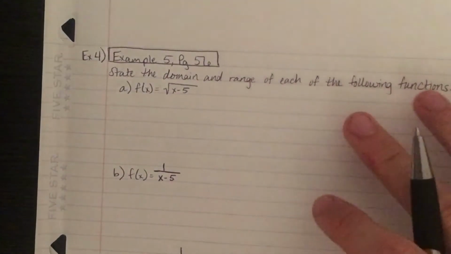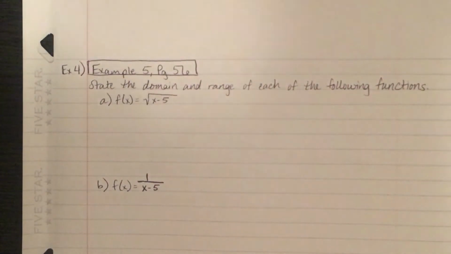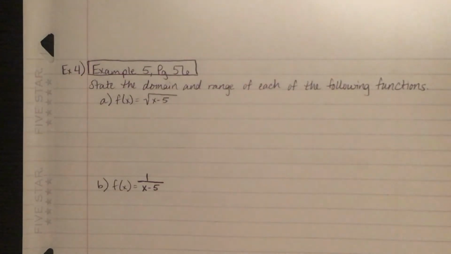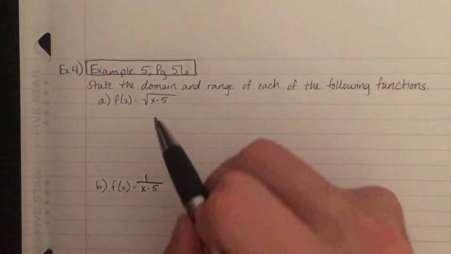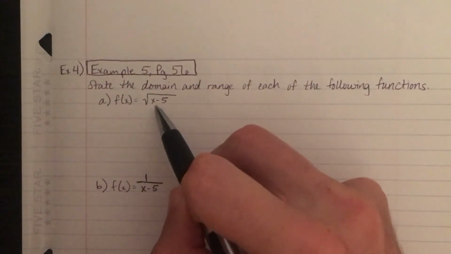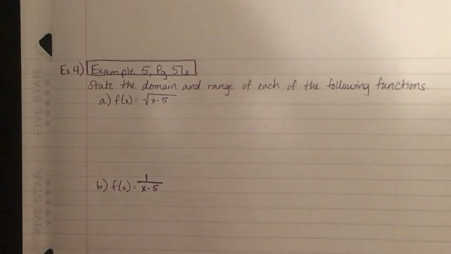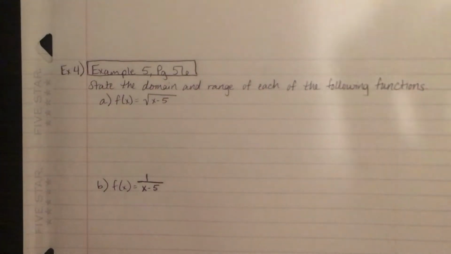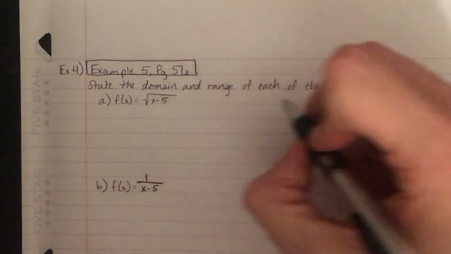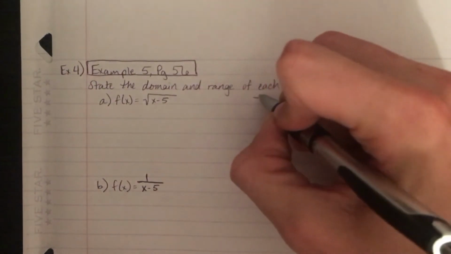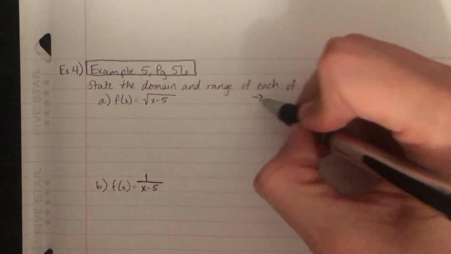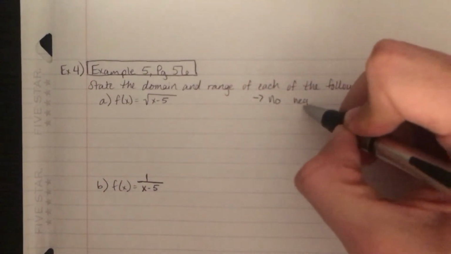So then, algebraically here, occasionally we're going to have to think about when we're looking at functions, how is that going to affect the domain and how is that going to affect the range? For example here, if we have a square root of x minus 5, we need to think about, okay, what types of numbers can I not take the square root of? When you're taking a square root, there are specific types of numbers you cannot square root. So there's no negative numbers